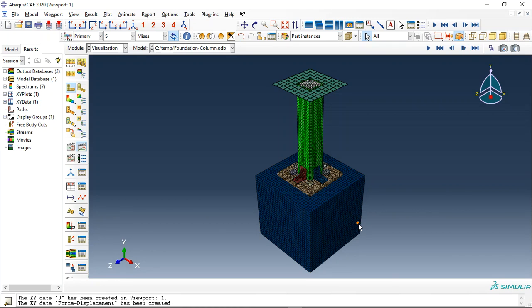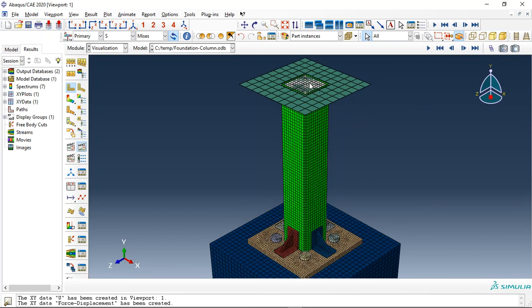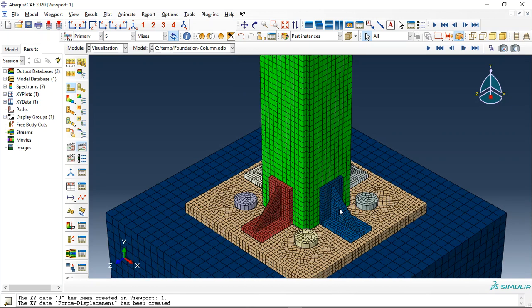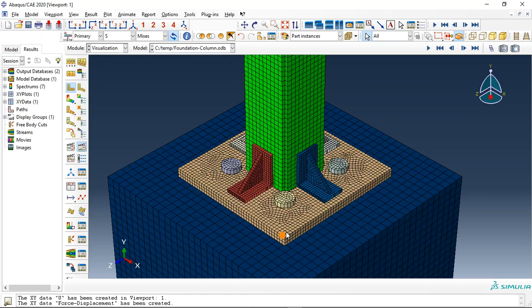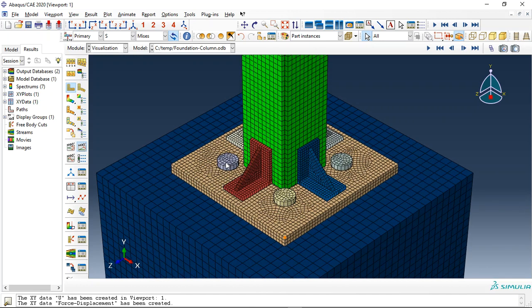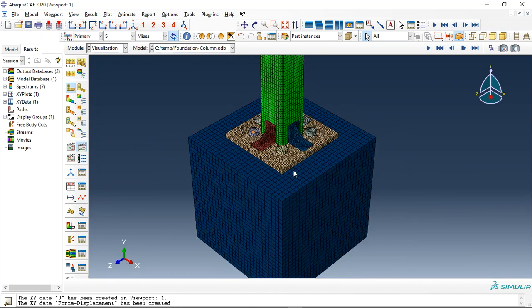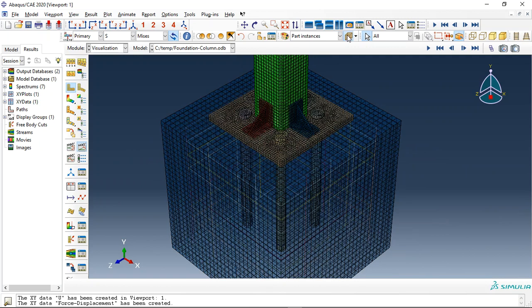Today I did a model of the dynamic compression test of a composite column. The core is ultra high performance concrete. The cover is a steel column. We have a steel angle reinforcement here with a stiffener, a bed steel plate, a thick bed steel plate, and bolts, the connection between the concrete foundation and